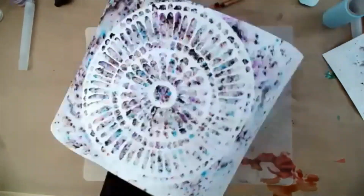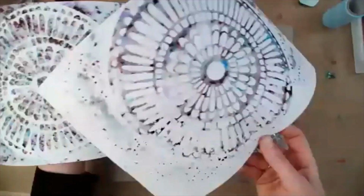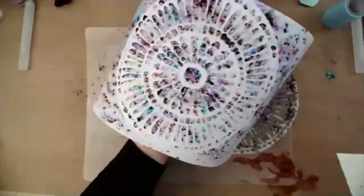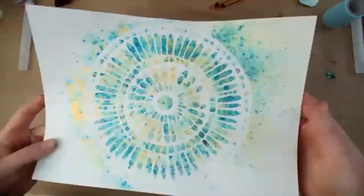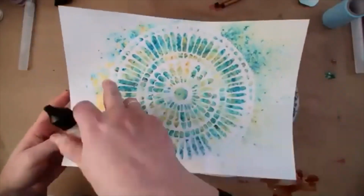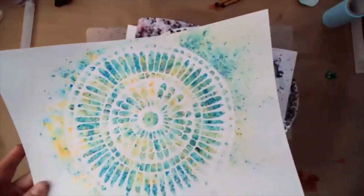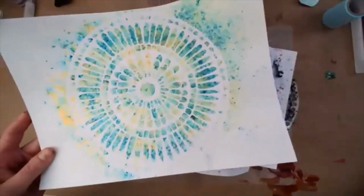So we can create beautiful backgrounds that way. Honestly, with this one, I think I like this one more. So pretty. Oh, I like it. I like it a lot. Okay, so here's another one that I used the same teal wash and the mango blaze. Looks quite different, just using the different colors. And then you can use it as a full piece, or you can cut it up